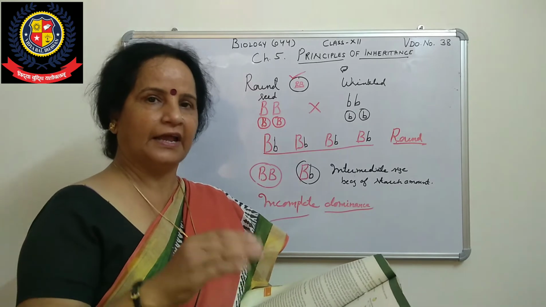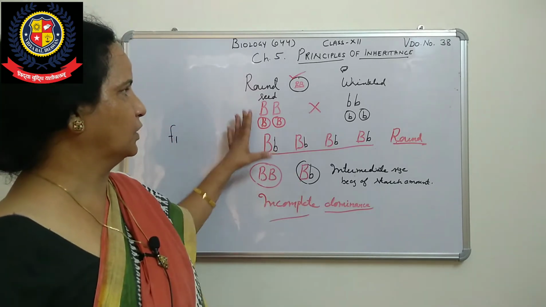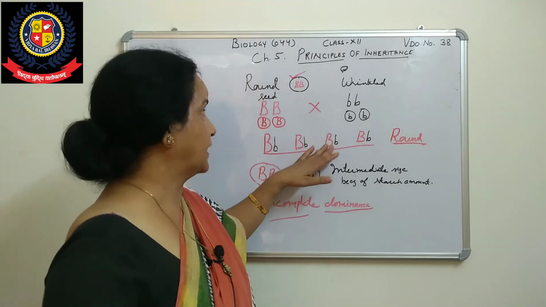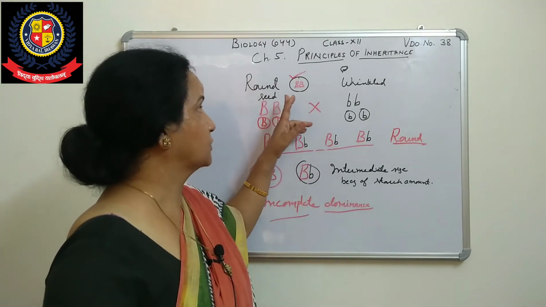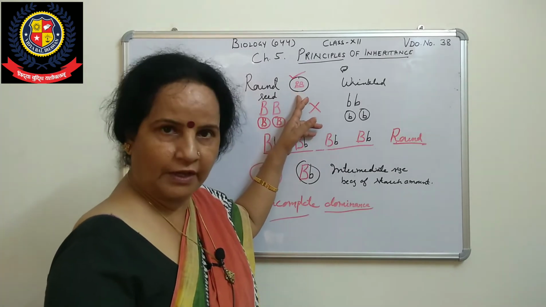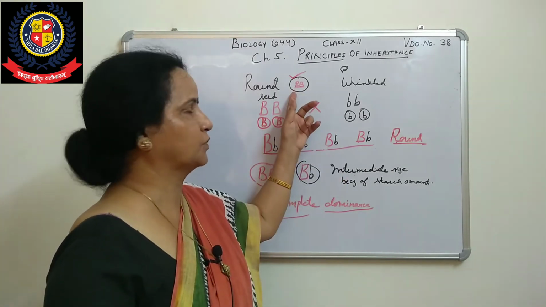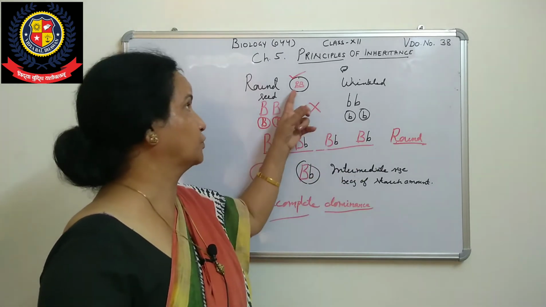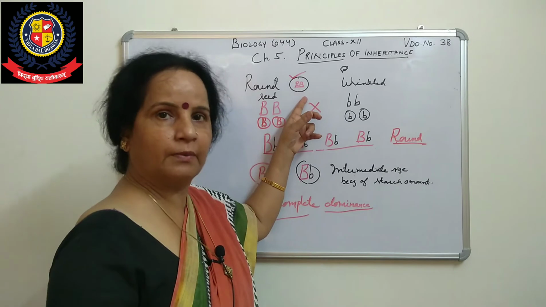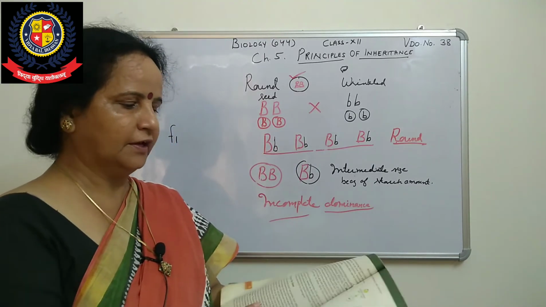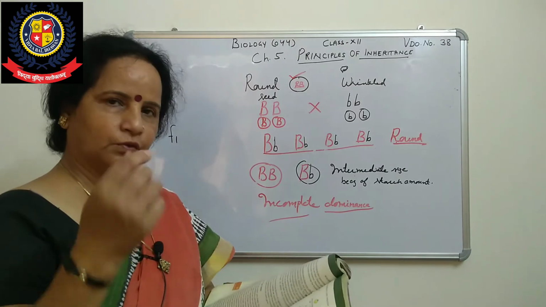It is 5 marks again. Any type of question they can ask, but we only have to see that the heterozygous is not fully showing that character or that size or that trait which we have seen in homozygous. These are heterozygous, this is homozygous. So I am saying that is round, but not exactly the same as this one, because they have got more amount of starch, right? This example is given here also. Then you can go through that, then you can ask.